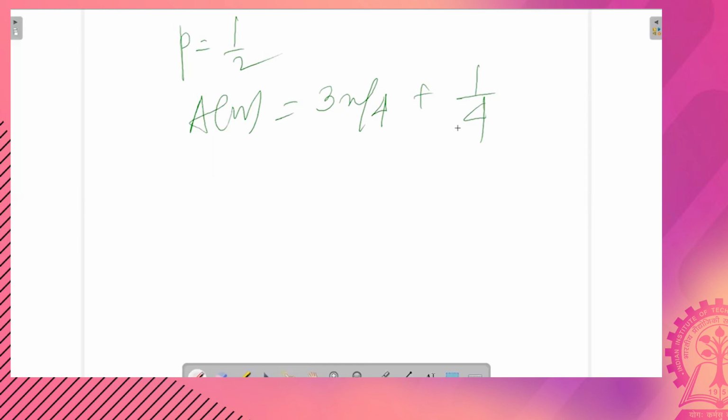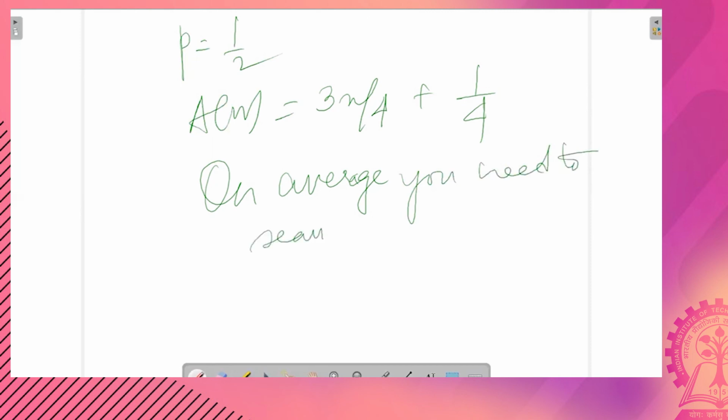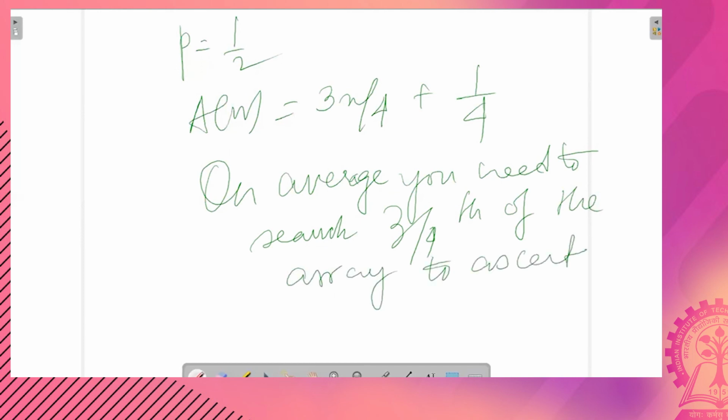So therefore, this means on average you need to search 3/4 of the array to ascertain if x is present in S. So this is the general case time complexity analysis for the sequential search.